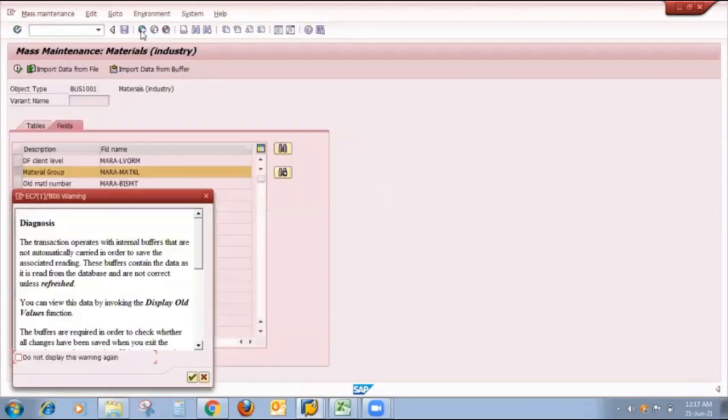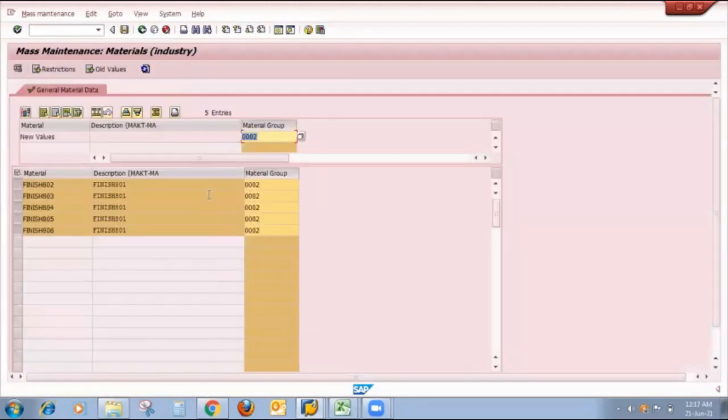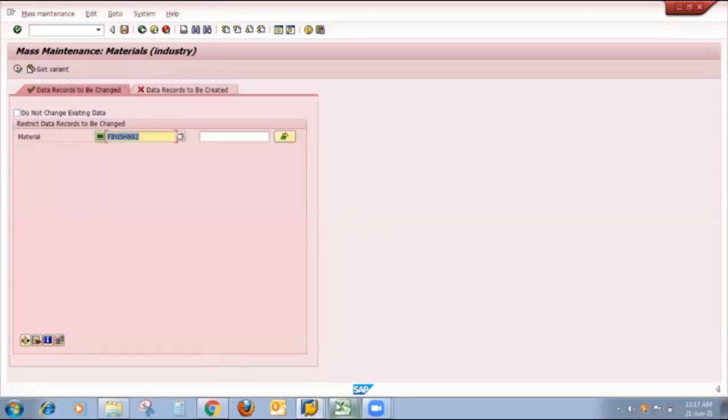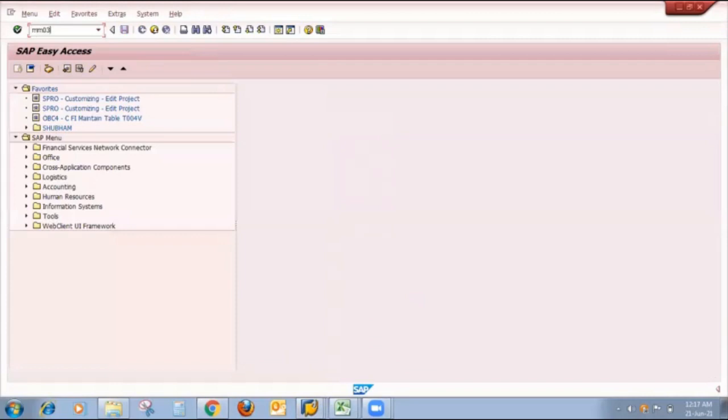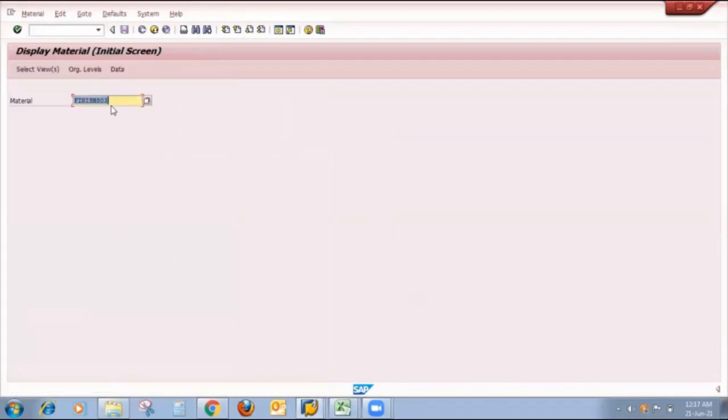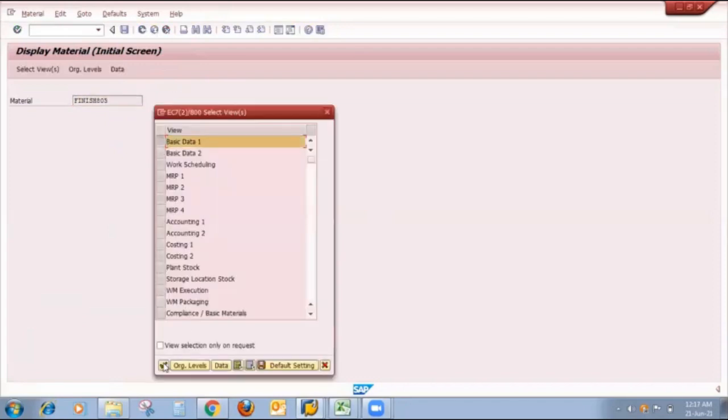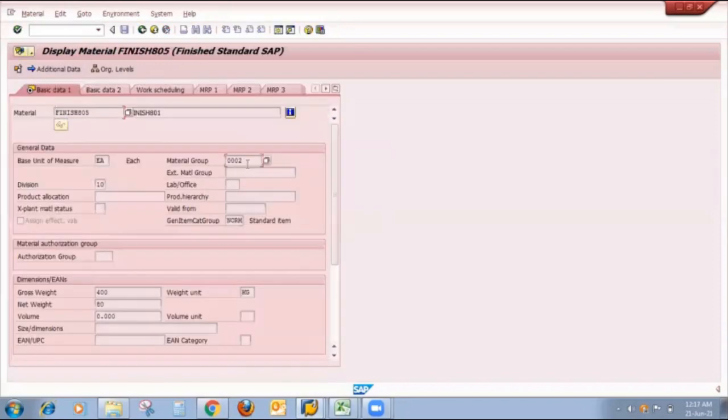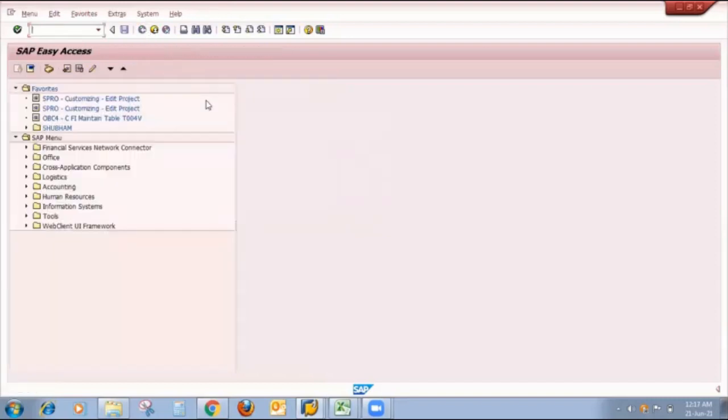Yes, my material group has changed. So you use this mass transaction if you want to change any field in bulk. Now again I want to check a random material in MM03. My material is 5805. I will check whether it is properly changed or not. Yes, my material group has changed here.